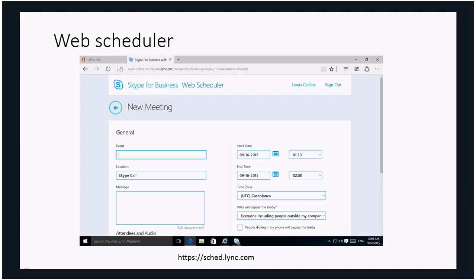Once you do that, you'll be taken to the web scheduler where you can schedule a new web conference: time, date, who you invite to the meeting. Once that has been saved, that will give you a URL and any dial-in details,